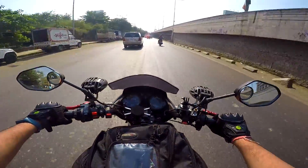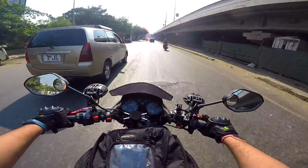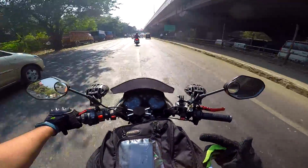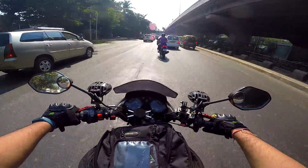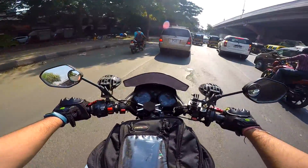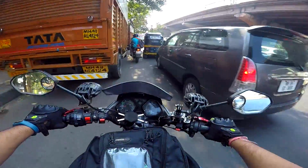Overall, the ownership experience for me has been great. The only downside that I've faced is the battery. Once it gets old, now I think the battery needs to be changed on this. So when I'm going on rides and I leave early morning, I obviously am using the auxiliary lamps on my bike, and